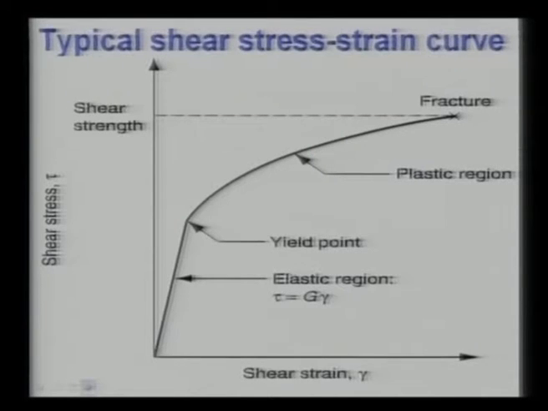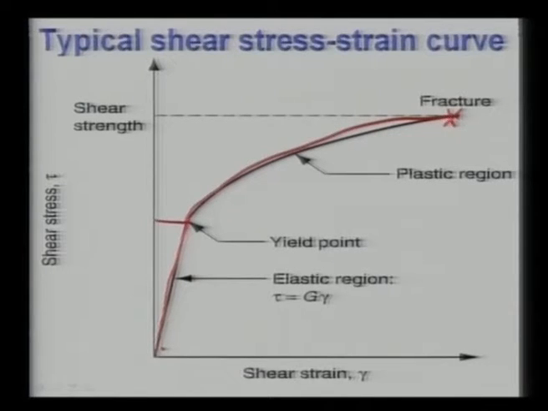Now, how does the shear stress-shear strain curve look for a ductile metal? Like tension and compression, it also shows an initial linear part, that means the initial response of a material to the application of a shear stress follows a linear path. If you release it, the material comes back to zero. Then it follows a non-linear fashion and goes to fracture, which takes place at a reasonably higher shear stress region and is defined as the shear strength.